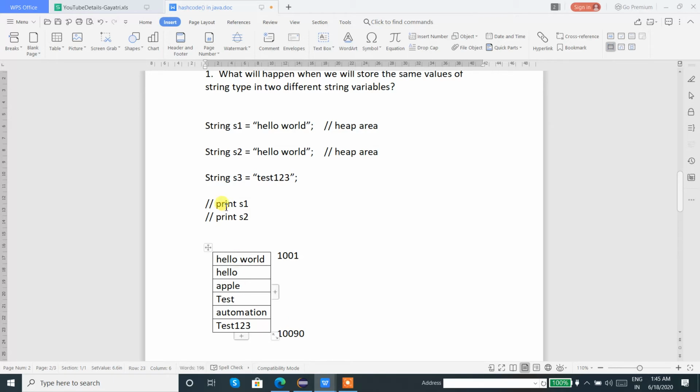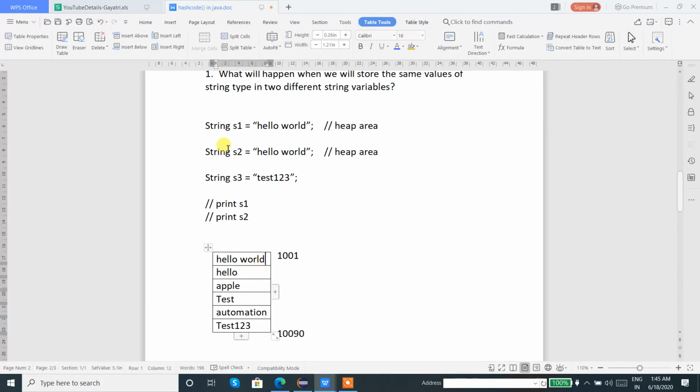Fine. But in case of s1 and s2, what is happening? The same value has been stored in s1 as well as in s2. If this is the case, how will the memory management happen? First it will check whether hello world is present in the string pool or not. Initially it was not present. By using s1, we have used string s1 equals hello world. That means hello world will be present in the string pool once we execute.